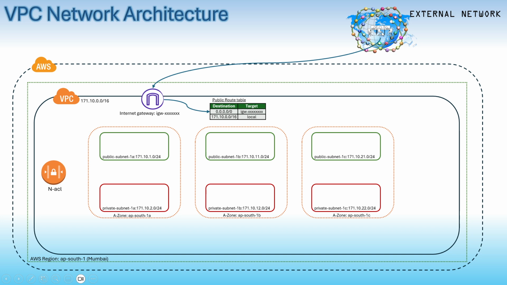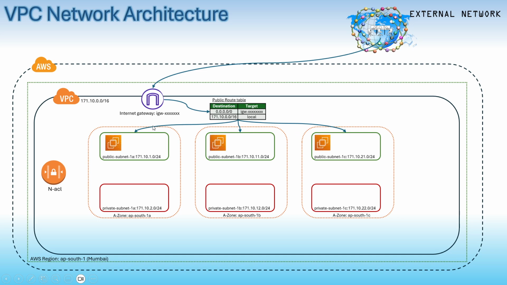So from the external world, we are sitting over here and connecting to the internet gateway. That internet gateway sends the request to the public router, and according to whatever IP it is trying to connect to on the server, it will send the traffic to the respective subnets. Okay,